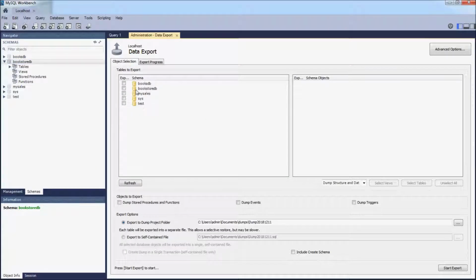And choose our database for the bookstore website, bookstore.db, and in the export options, select the option export to self-contained file and check the two options: create dump in a single transaction and include